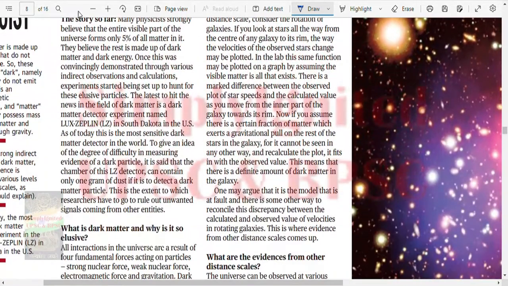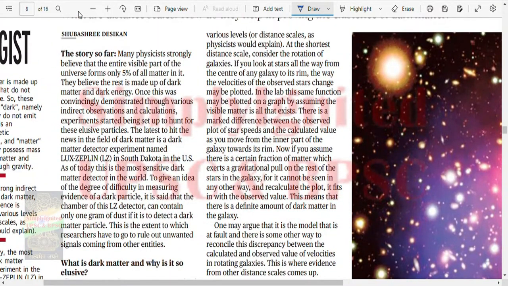Many physicists strongly believe that the entire visible part of the universe forms only 5% of the matter. They believe that the rest is made up of dark matter and dark energy. Once this was convincingly demonstrated through various indirect observations and calculations, experiments started being funded for this elusive particle. The latest to hit the news in the field of dark matter is a dark matter detector experiment